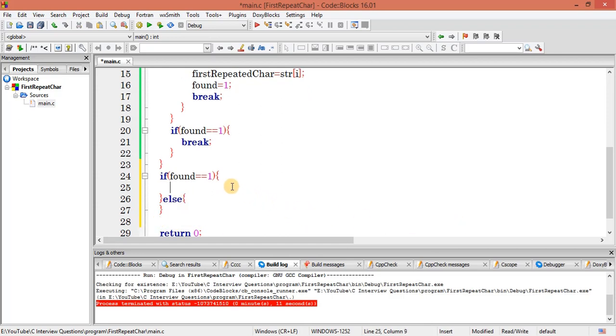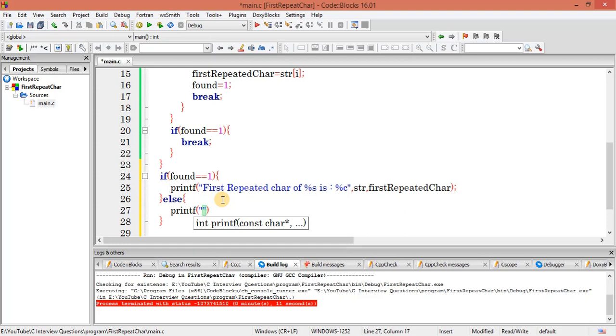Okay, means it's already found. Otherwise, I can give a message, print no repeated character has been found.